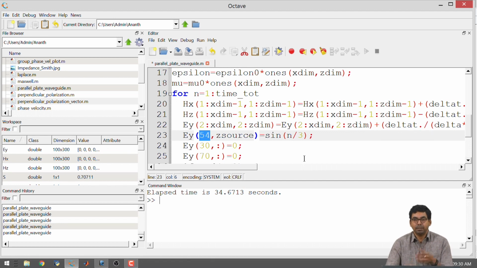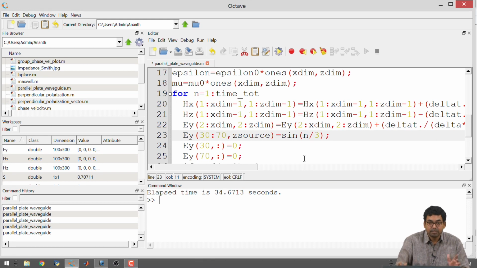Let us say that we are going to now see the properties of the width of the source on the waveguide. Let us take a very wide waveguide and let us say that from 30 to 70, the entire width of the waveguide, you are having a source, that is you are having what is known as a line source instead of a point source. And we already know from our previous runs that in a line source you will start getting plane wave fronts, right, and then let us see what the waveguide does to it, right.